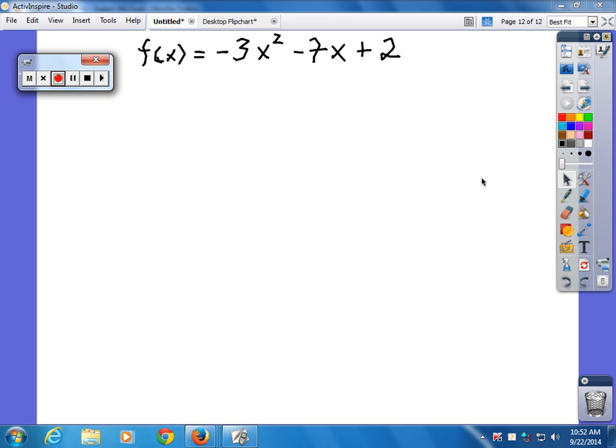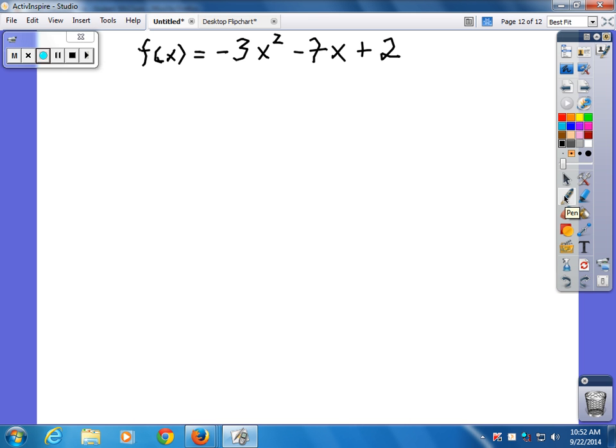The main thing is organize it. You don't just haphazardly start plugging and chugging. You need to give yourself enough room to do it. So if you have to turn your paper sideways or write smaller, I would suggest M is equal to